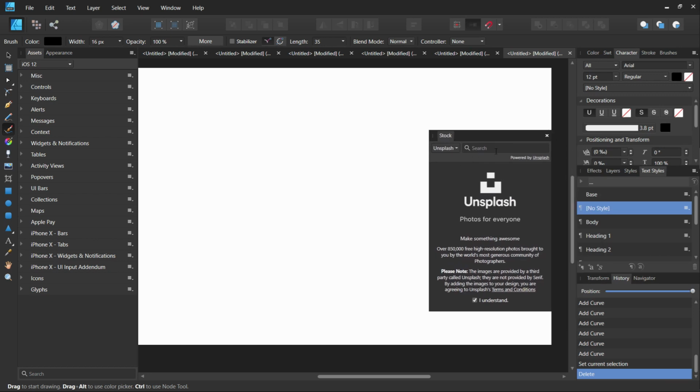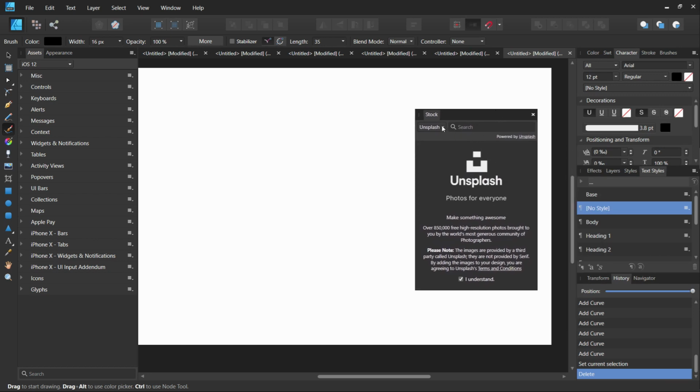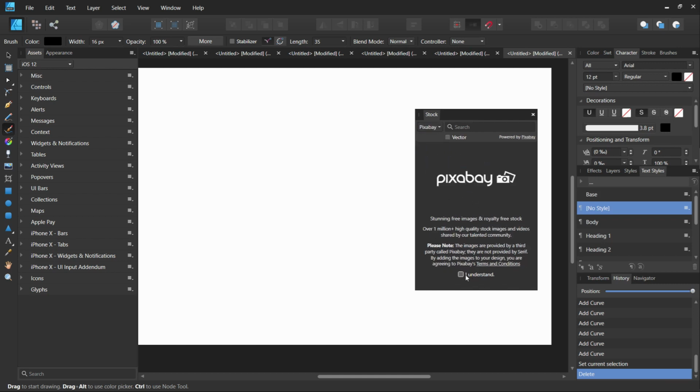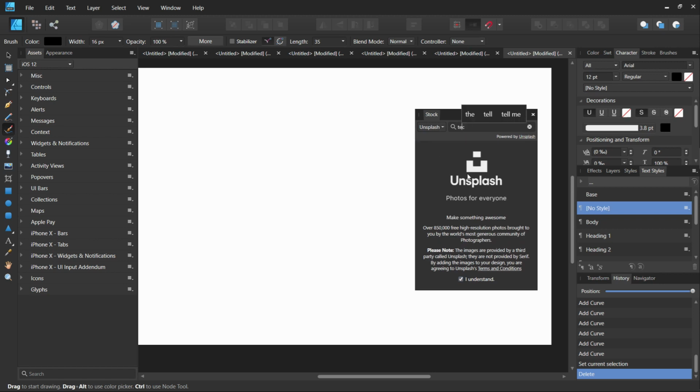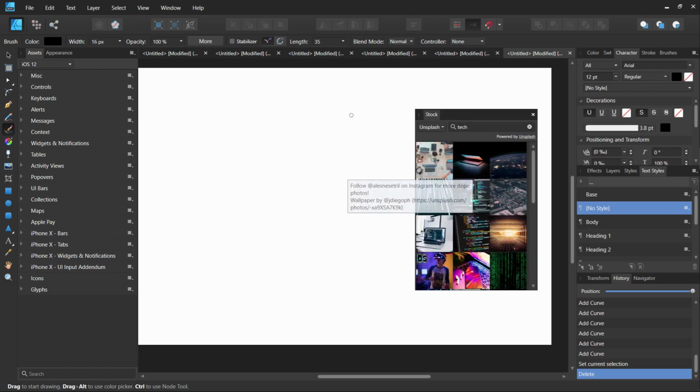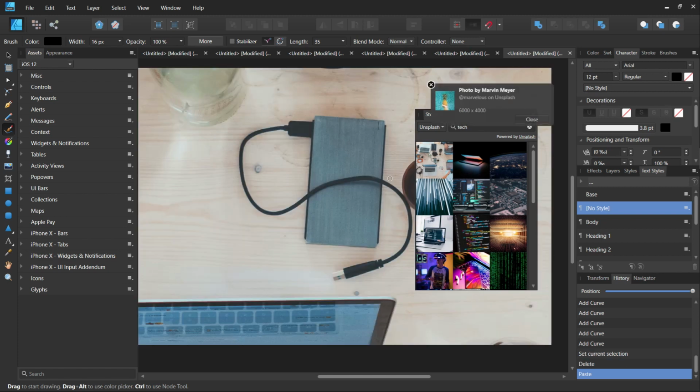And the last feature that I use is the stock option, which allows us to import copyright-free pictures from stock websites like Pexels. It is built into Affinity Designer, so we don't need to use any other browser to search for any type of photos or references we want.